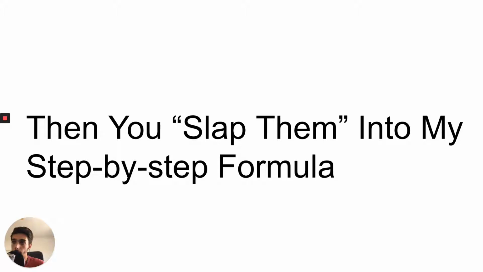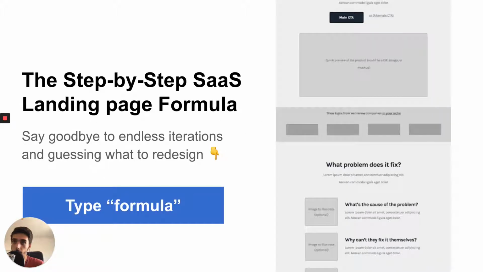The way you create a page using these questions is you just slap them into my step-by-step SaaS landing page formula. It's basically a free cheat sheet where you can see what questions you have to answer throughout each section. You just take the questions that people have, compile that information, and turn them into content by following the cheat sheet